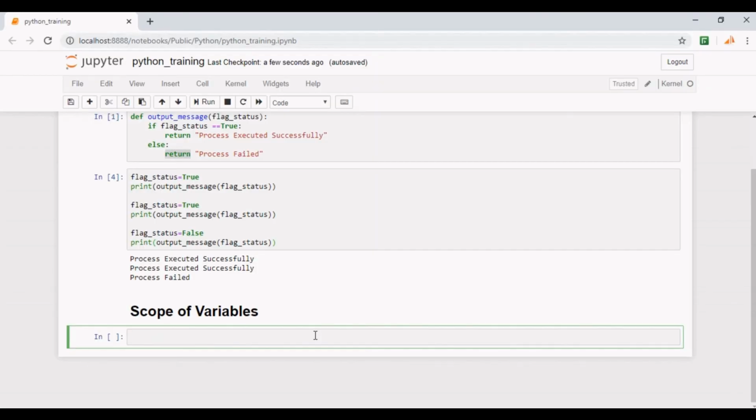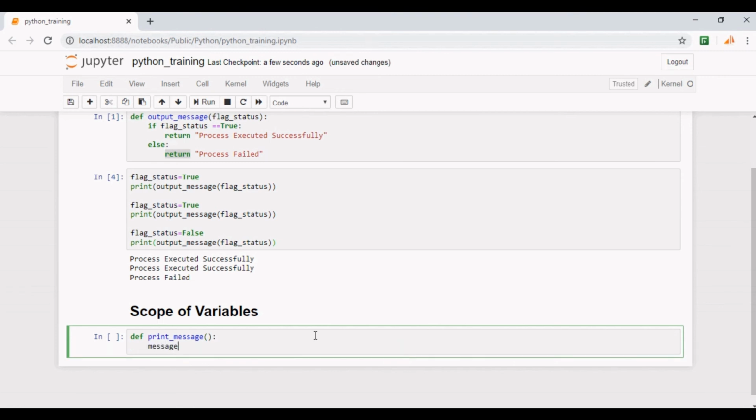Let's understand it with an example. Let me write a function, say print message. Now let's initialize a variable message within this function. Here, because we have declared this variable inside this function, it has local scope.